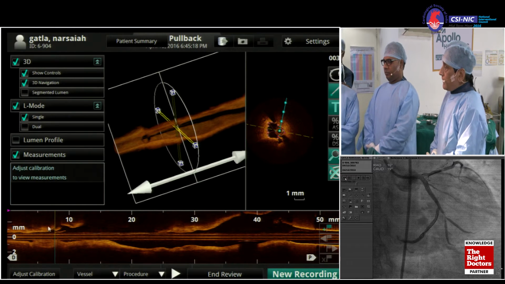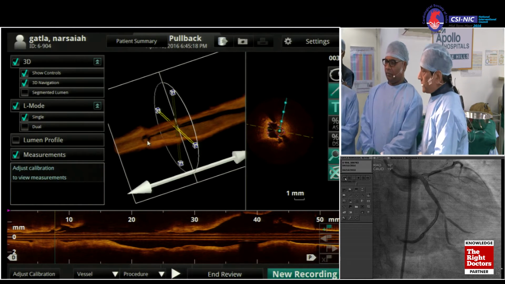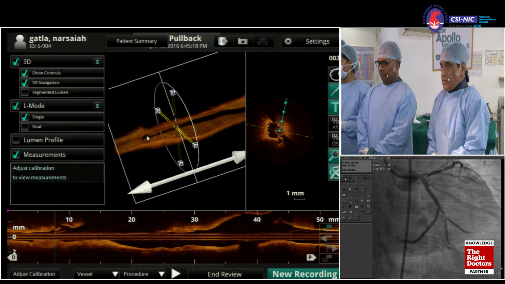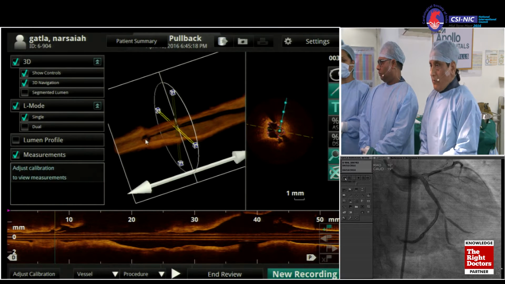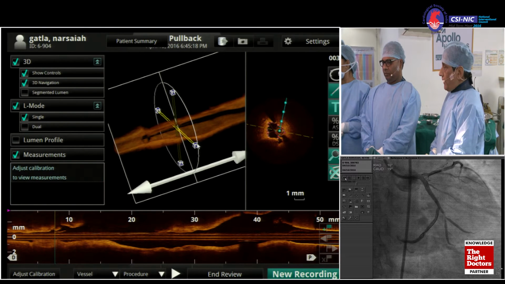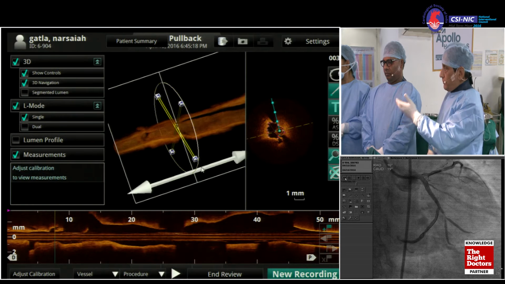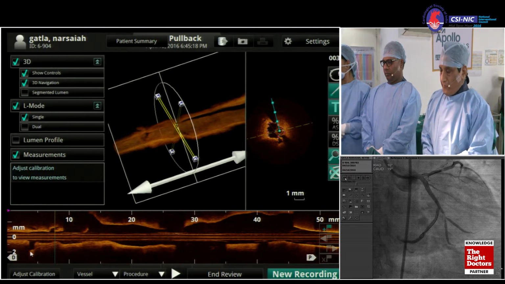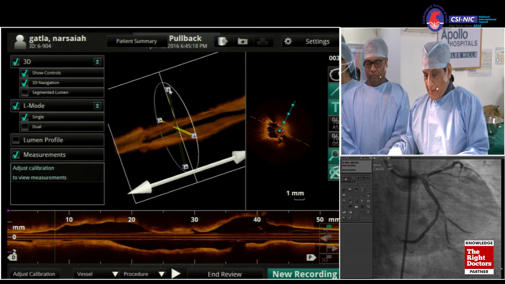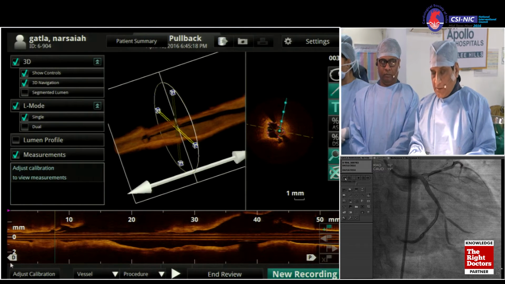So just to supplement that, we did the 3D OCT today. If we can show there, you can see the ostium of the side branch. So the side branch is involved, confirmed by the OCT, that's being pointed out. And this is all fancy software. This was just to show the availability of fancy software in this particular case.